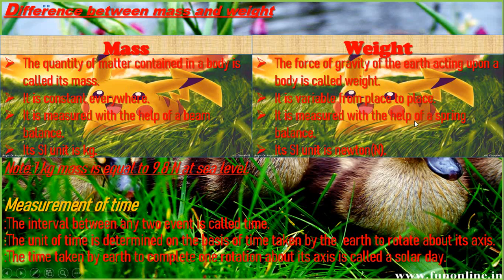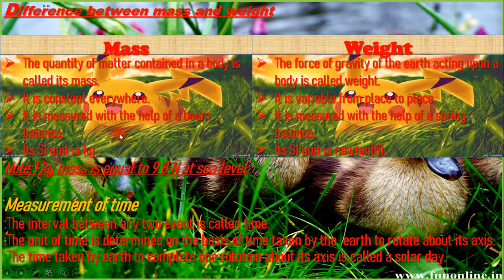In the shop also, if you go and say, give me 1 kg of apple, then it is our concept. According to us it is right, but in the scientific way it is wrong, because that 1 kg apple which is measured with the beam balance is its mass, not its weight. And if it was measured with the help of a spring balance, then the weight of 1 kg apple becomes 9.8